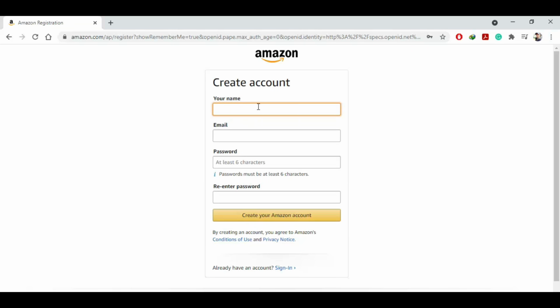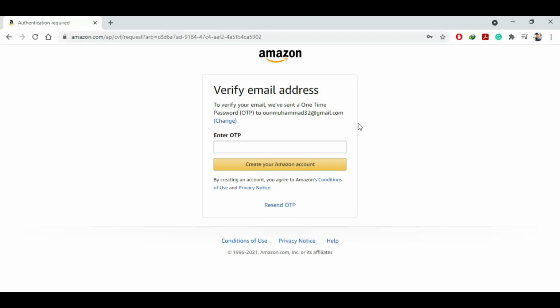Then write your name, email address and password, and click on create your Amazon account. After that, you will get an email with a one-time password. Write the one-time password, the OTP, enter it and click create your Amazon account.